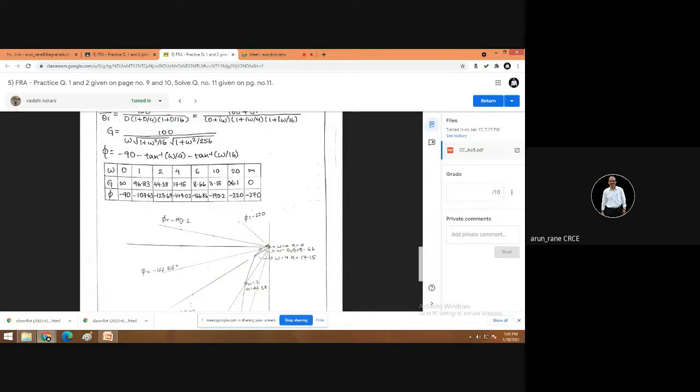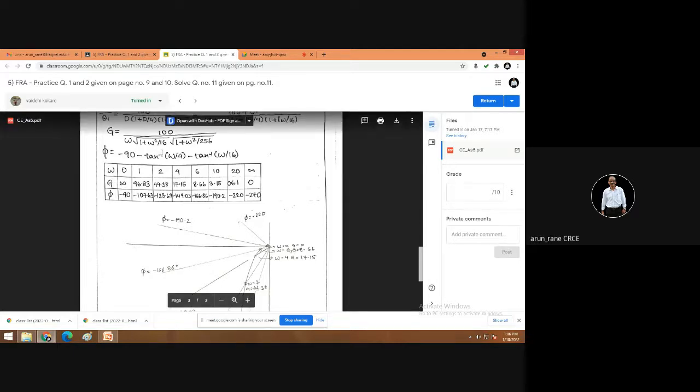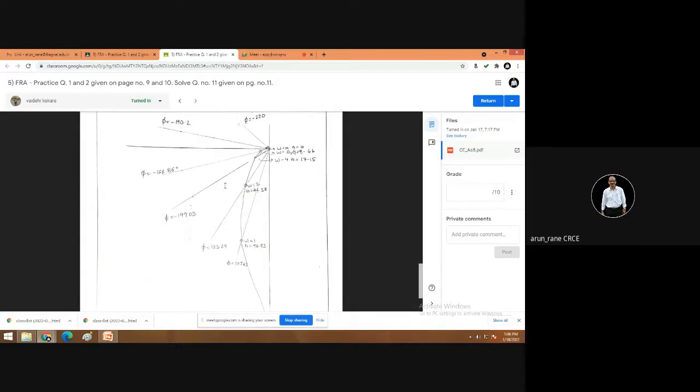And again go on substituting the other values of omega, that is omega 1, then omega 2, that is 2 by 4, that is nothing but half. So tan inverse of half. Had it been sine inverse of half, we would have written 30 degree, but tan inverse of half, we don't know. We need to find it out on a log table or on a calculator. And infinity, so tan inverse of infinity 2 times. So 90, 90, so minus 90, minus 90, minus 90. So that will be minus 270.